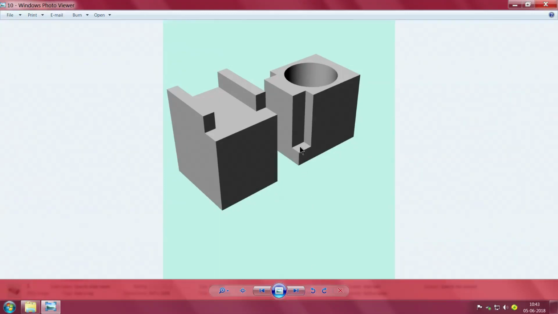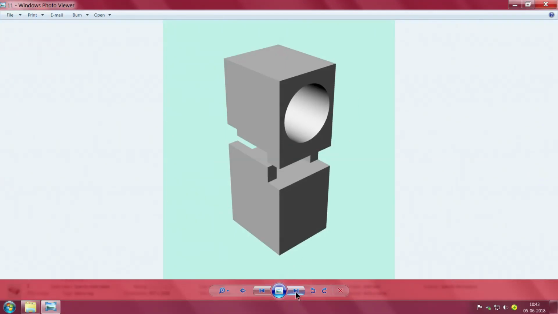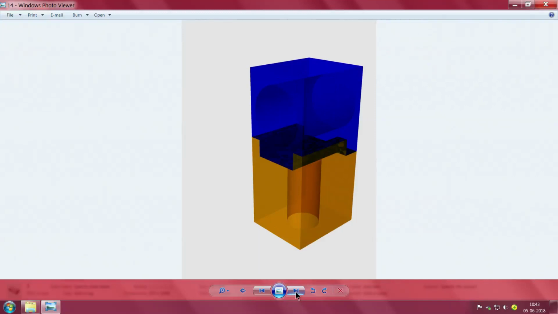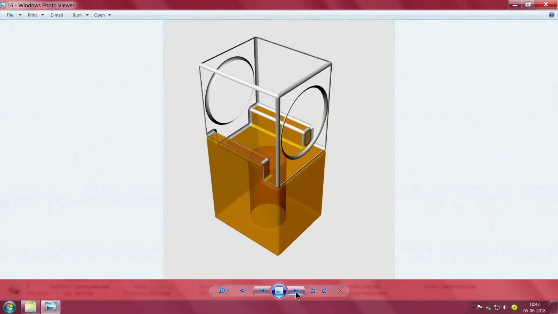This has been added here. Can you see here a small cut has been given, and this has been added here so that it won't slide off. So now, one sits over the other like this. It looks a little like a washing machine, isn't it? Unless you get into this level of detail, it is difficult for the job to be successfully